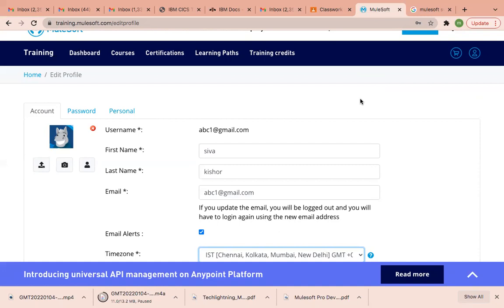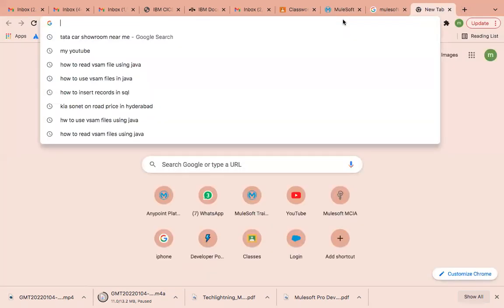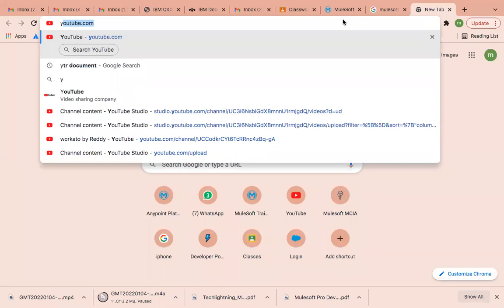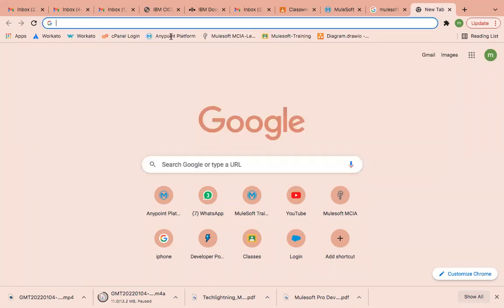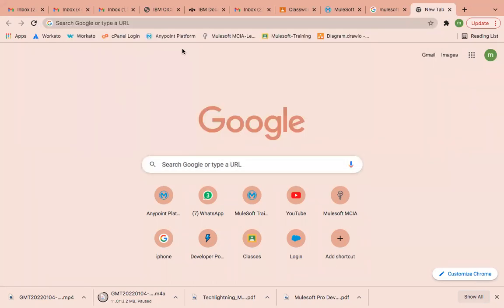The second thing is no Google search, nothing, because you are going to share your screen, right? Yes, so that he can watch. Whenever I'm taking class, if I open some other tab and type something, you can see what I'm typing, right? So he can also watch. You should not go to any other tabs, no Google search, nothing.